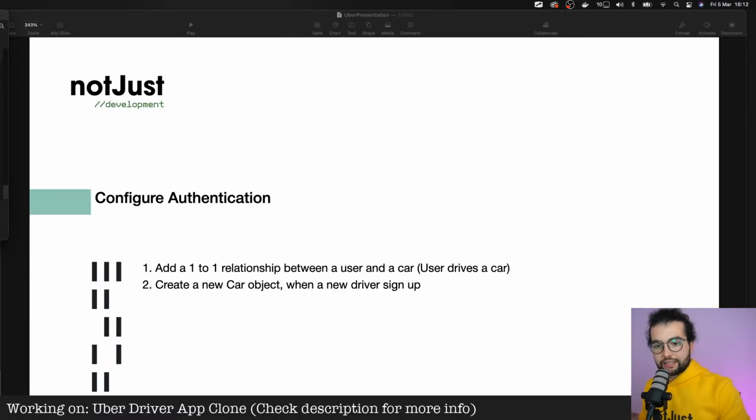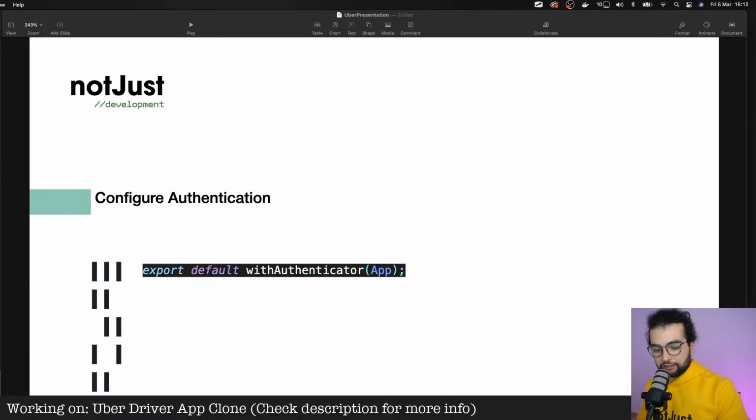Someone is asking where to start. I would recommend you to start with the Tesla clone. Check it out on my channel. It's a very beginner-friendly application. It's less than 2 hours, and in less than 2 hours, you will build your first React Native application. It has a lot of cool features. It's only front end, and it's very good to get started.